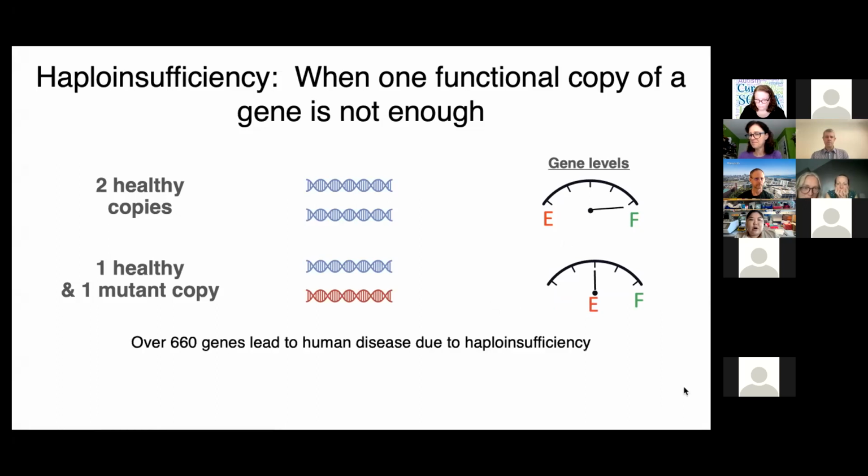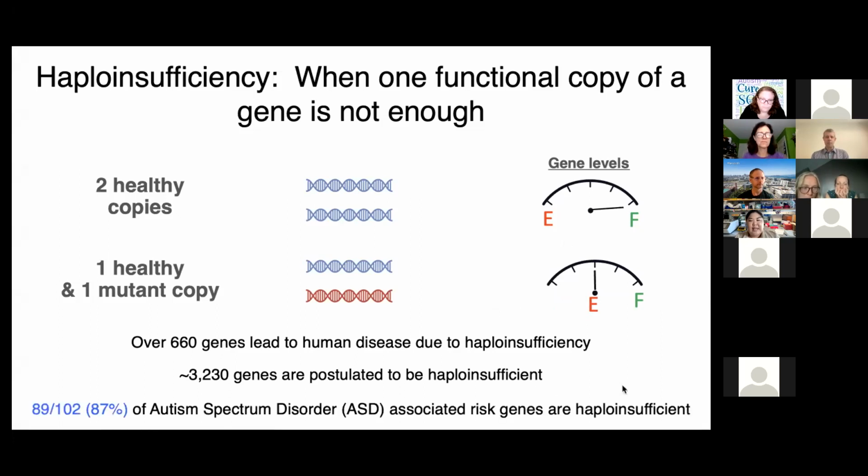diseases. There are over 600 genes that are known to cause human disease as a result of haploinsufficiency, but whole exome sequencing predicts that actually more than 3,000 genes are haploinsufficient. And perhaps most relevant to my project and our talk today is that 89 out of the 102 autism-associated risk genes are known to be haploinsufficient. So we've applied the use of CRISPR activation as a therapeutic to transcriptionally modify and correct those gene levels in